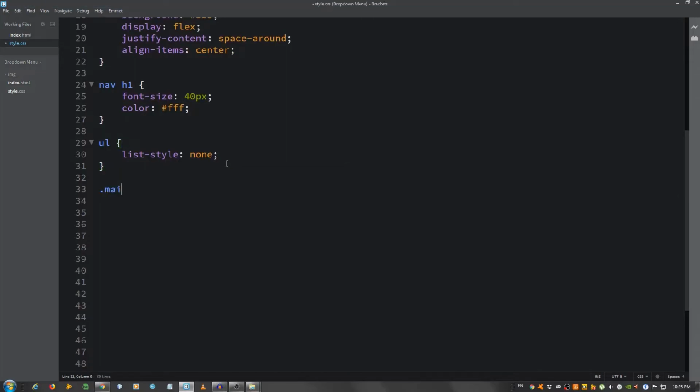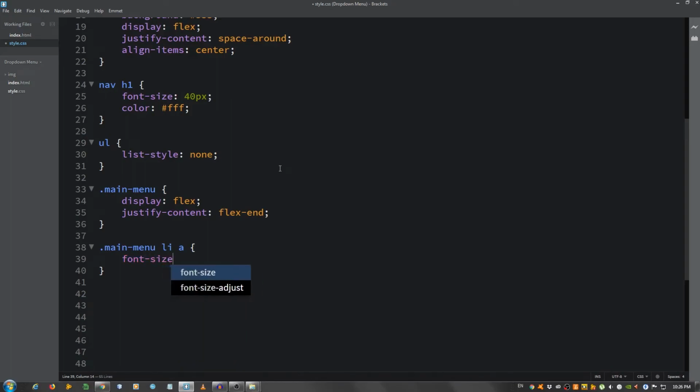Now select the main menu, so .main-menu, and give this a display of flex. Let's see. Okay, and justify content flex end. Right. Now the main menu, select the links, so .main-menu li a, and let's make them a little bigger, so font size 25 pixels, color white FFF, text decoration set it to none to remove the underline,